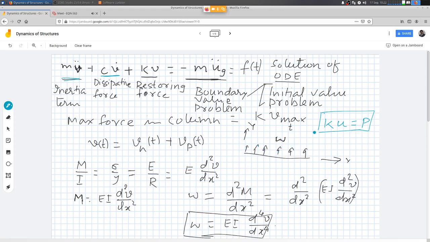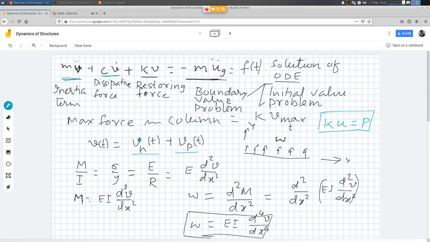So together this system, this second order differential equation, can be solved as a superposition of two solutions. One is the homogeneous solution, that is the solution of the homogeneous part when the right hand side is equal to 0, and then the particular solution, which is any solution of V which will satisfy this equation. And this homogeneous part of course has two unknown coefficients which can be solved for